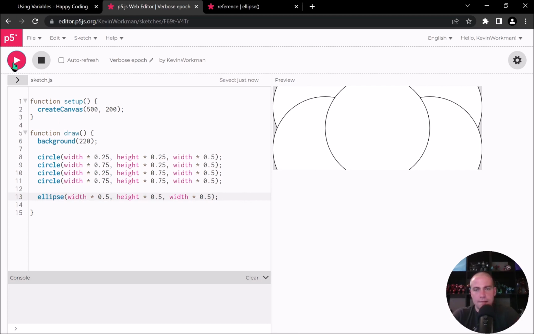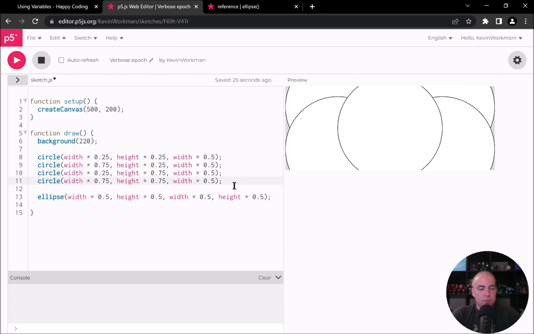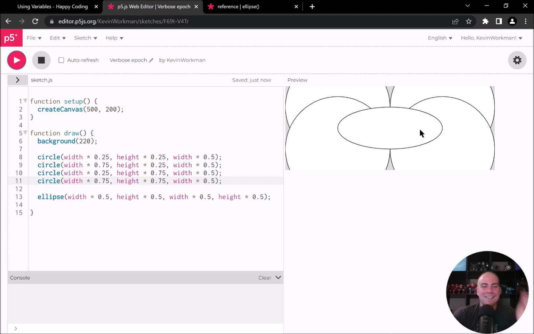Let's see what happens. Okay, so far nothing happened, but I think what I can do is give it a fourth parameter. I'm going to say comma, and then I'm going to say height, which is my other variable that I want to use, times 0.5. And this time I'm going to remember the 0. Give myself some more room for typing, and now I'm going to run this. And what I expect is the center circle to be scrunched. And it is. It looks kind of ridiculous with my other circles not being scrunched, but let's solve that problem